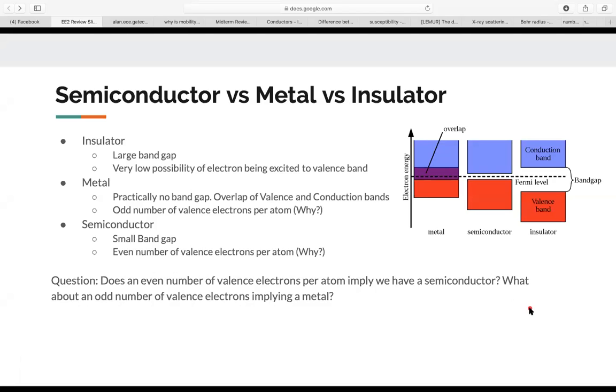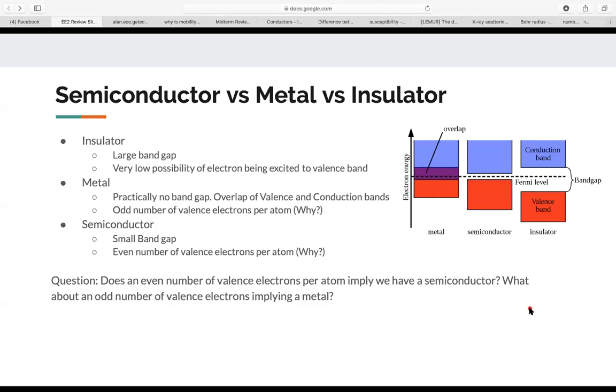By valence electrons, I mean electrons in its valence band. Sorry if that was ambiguous. Yeah, that's correct. If you have an even number of valence electrons, the outer shell has the possibility to bond with other